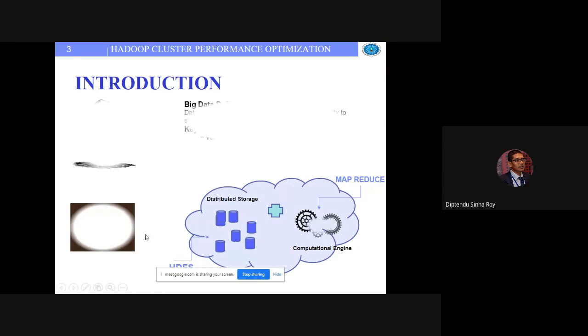Here, this shows the distributed storage part. To do this distributed storage, Hadoop has its own very specific file system, which is called the Hadoop Distributed File System, and it has a programming paradigm which is unlike the traditional way of programming. The traditional way of programming, I'm talking of,